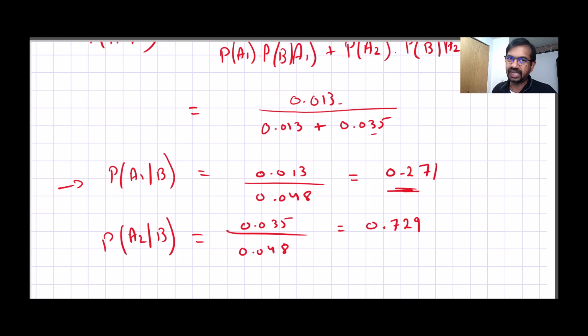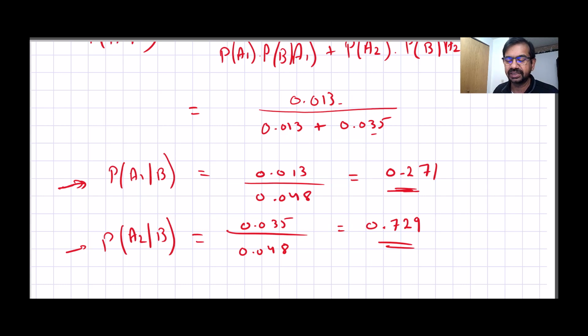Given that the event happened, in this case B, the part being bad, what is the probability that that came from firm 1, which is this first option, or from firm 2, which is this second option. And we see that the odds are pretty heavily loaded that if it's a bad part, it most likely came from firm 2. And the probability of that is 0.729, whereas the probability of the part having been bad but having come from firm 1 is only 0.271. So hopefully this illustrates the idea of Bayes' theorem and how it helps us calculate the posterior probabilities given the